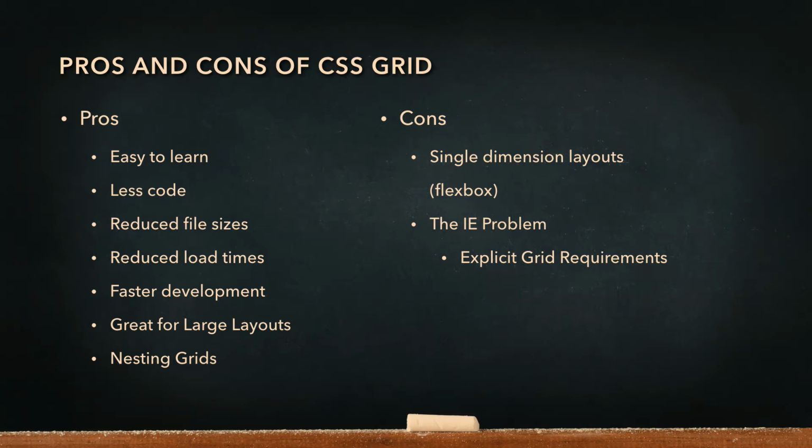And then we have the IE problem as usual. Every dev has to go through this. The problem with IE is it requires you to use an explicit grid. It doesn't play with implicit grids very well. It won't just let you say, okay, I want a 3-column grid, but IE will require you to actually specify in its grid each item in that column, to say I want this item in this part of the grid. You have to explicitly